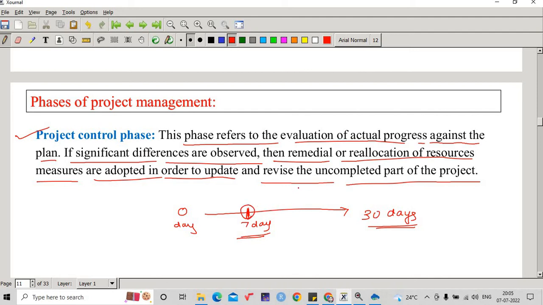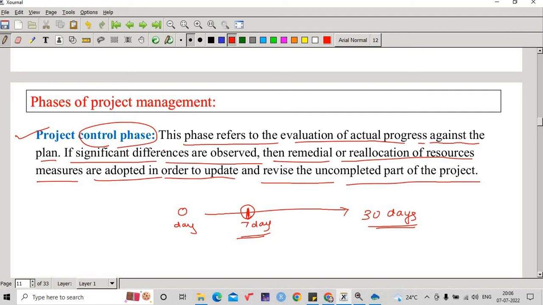So that remedial action or reallocation of the resources at that particular position is needed. That is nothing but the control phase at our end to address the loopholes or shortcomings of our project